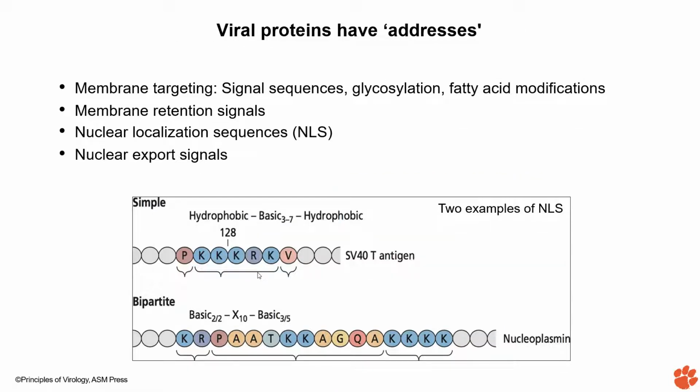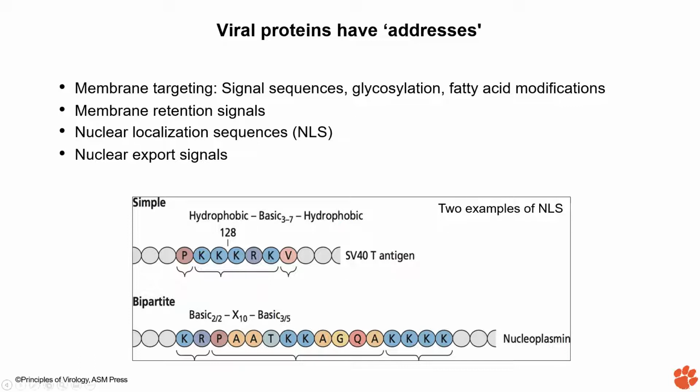So how do these viral proteins actually know where to go? Because you have to make a structure, you need the proteins in there to build that. They know this by some specific sequences. For membrane targeting, one of these is called the signal sequence. Remember that if you're just using the secretory pathway, at the N-terminus of the protein, if it's soluble, there is a signal sequence, which is cleaved off. That's number one. Number two, if you have a membrane protein where the N-terminal is facing the membrane,